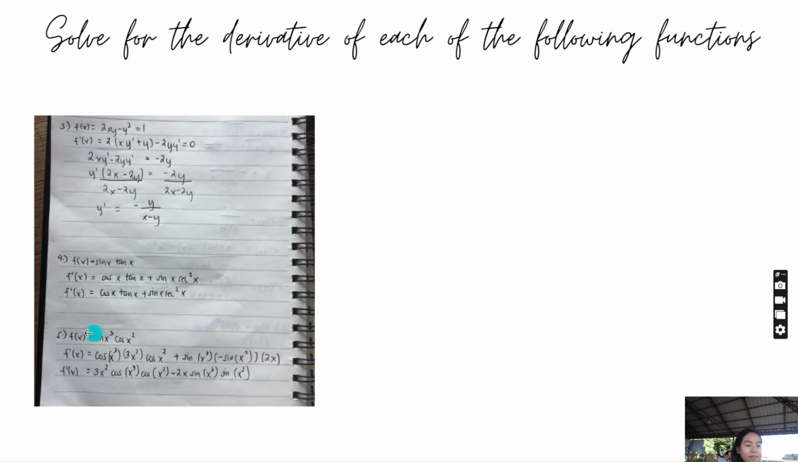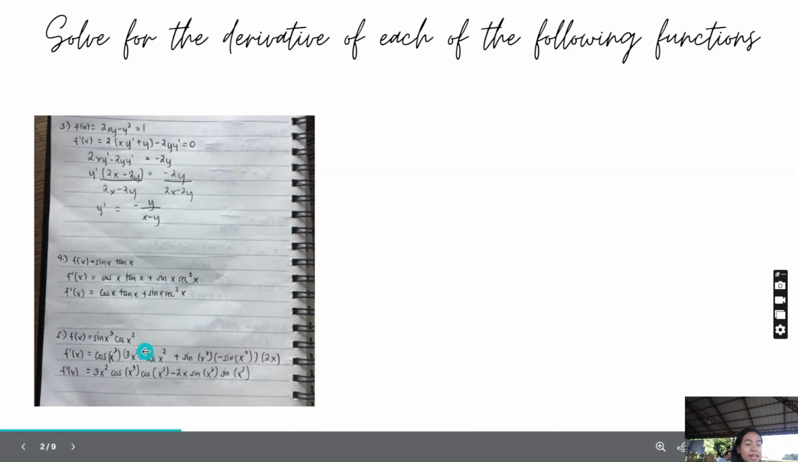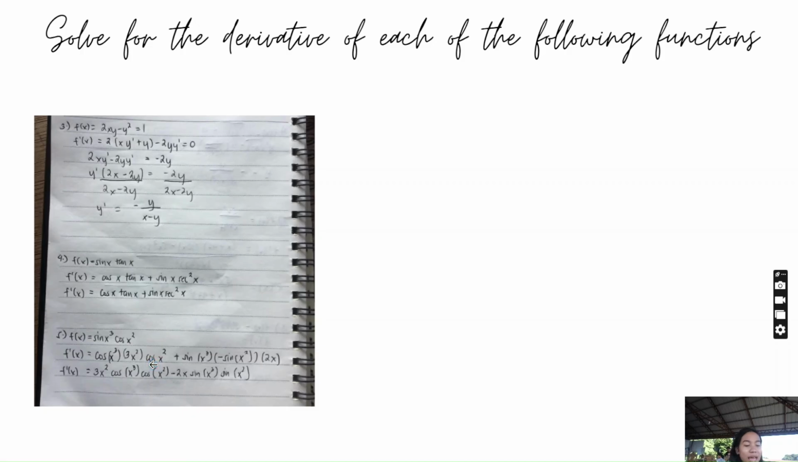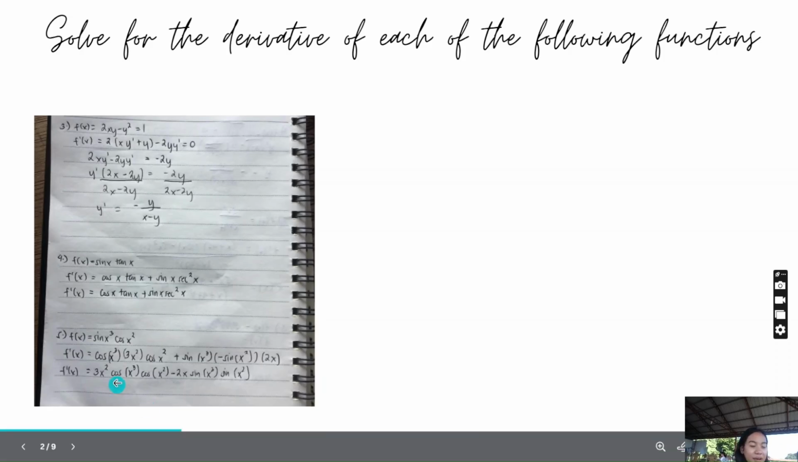Moving on to number 5, we are given f of x equals sine x to the third times cos x squared. So this is also applying the product rule, which we have obtained f prime of x equals cos x to the third. And then, of course, this is applying the chain rule as well, in which before we can proceed, we will first obtain the derivative of the x to the third, which is 3x squared, and then now we can multiply it with cos x squared,